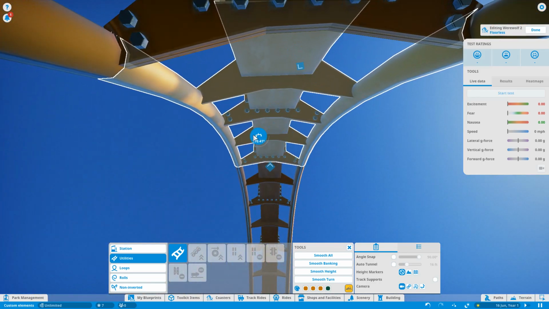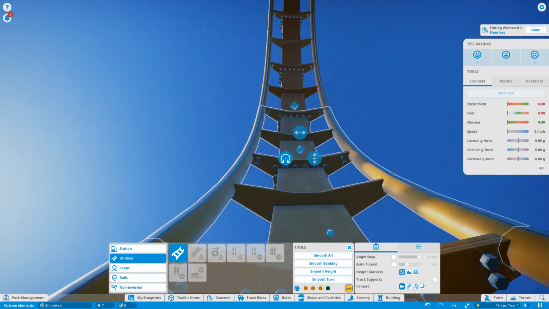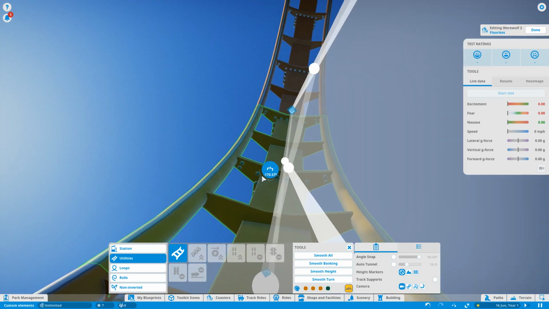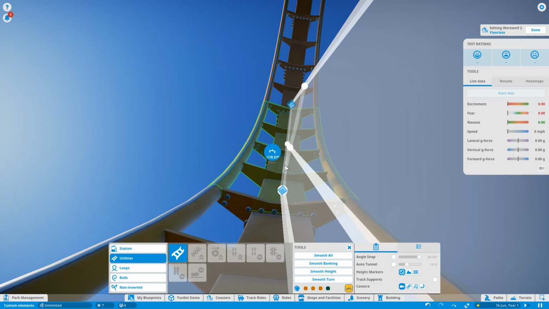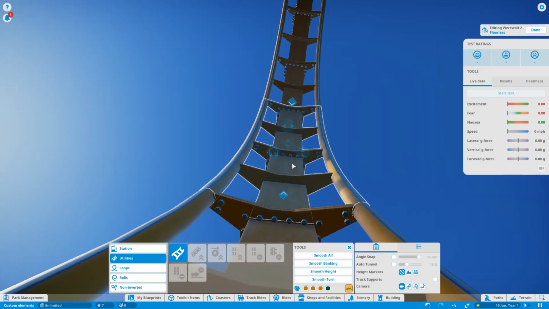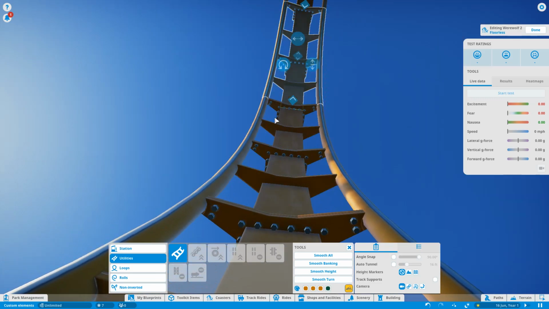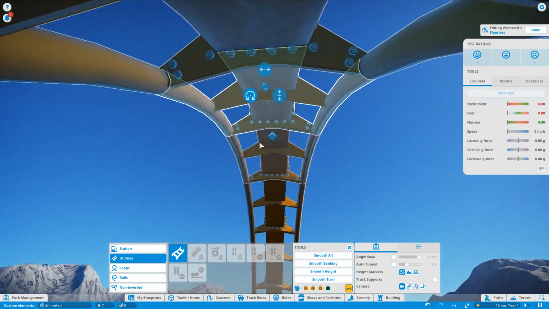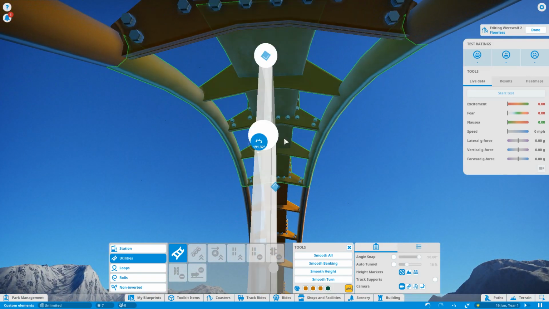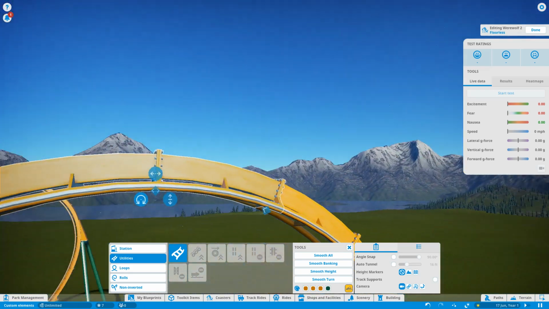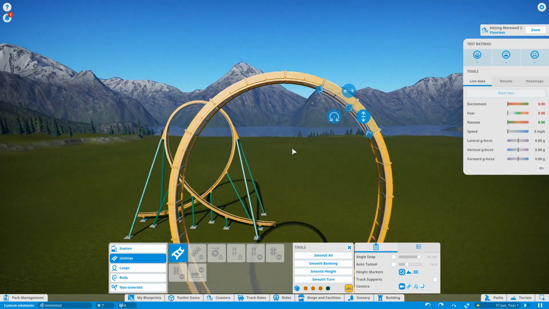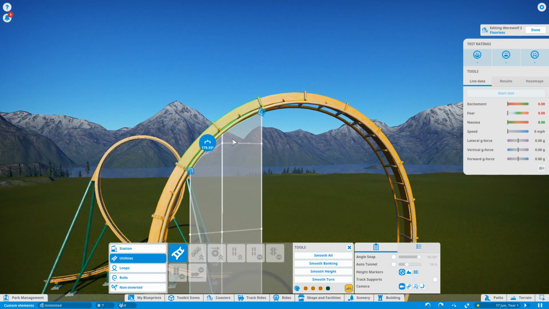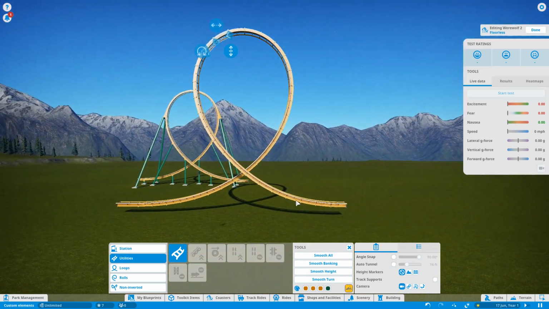Lateral forces that the rider experiences when they're going through the loop. Because loops are supposed to be just one continuous turn whilst also inverting, which is why the track moves over slightly. The top of the loop should be about 180 degrees to counter the movement of the loop. So if I just pull that across a little bit more. Right, so now that we've adjusted the banking,